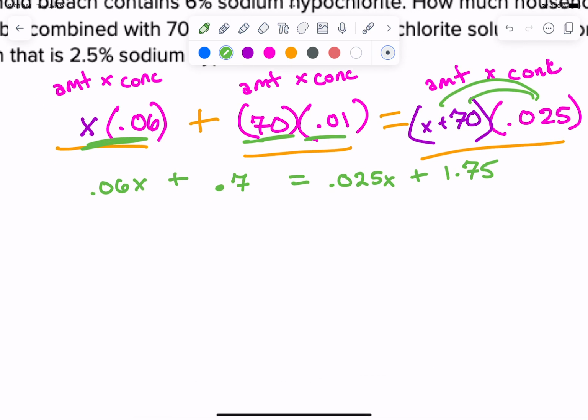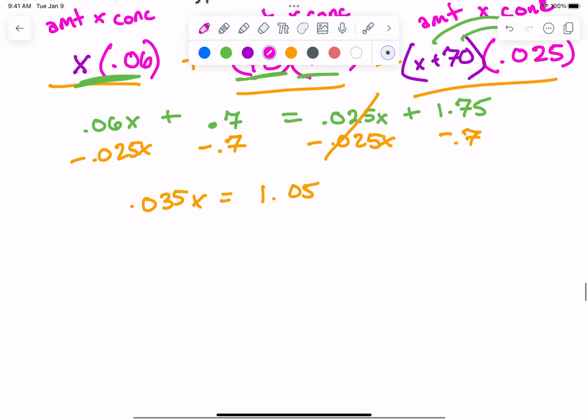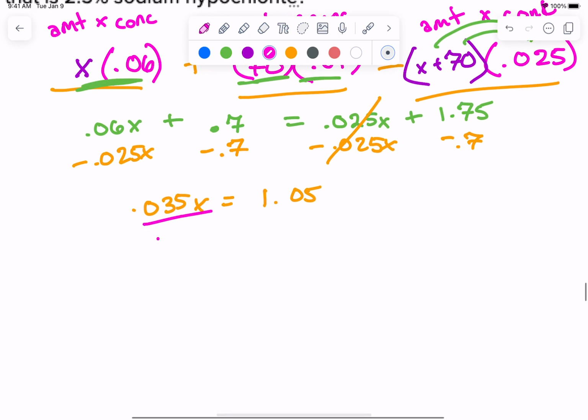How many pieces do we have right now? 4. Okay, let's get the X's together. Minus 0.025X, and then subtract 0.7, so it's minus 0.7. So I've got 0.035X equals 1.05. Am I going too fast? And then divide by 0.035. X equals 30